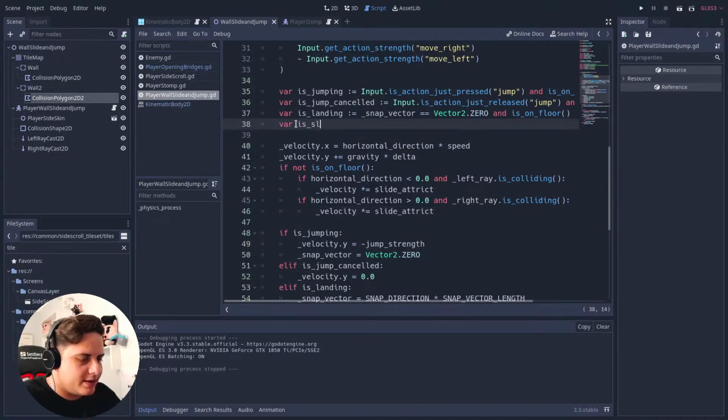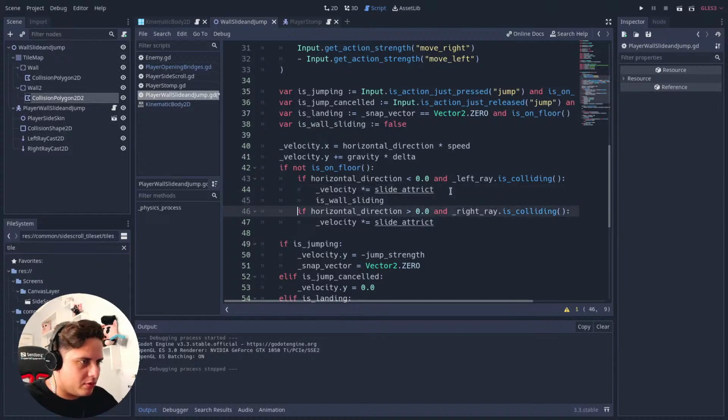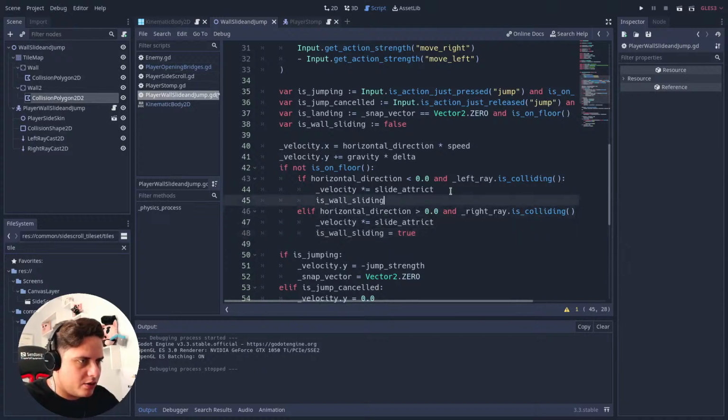Where is wall sliding is equal to false by default, but on either of those cases it's going to turn to true. And if we are wall sliding,